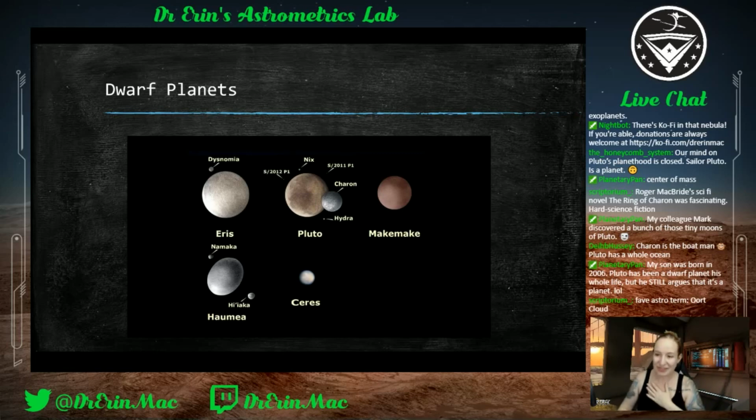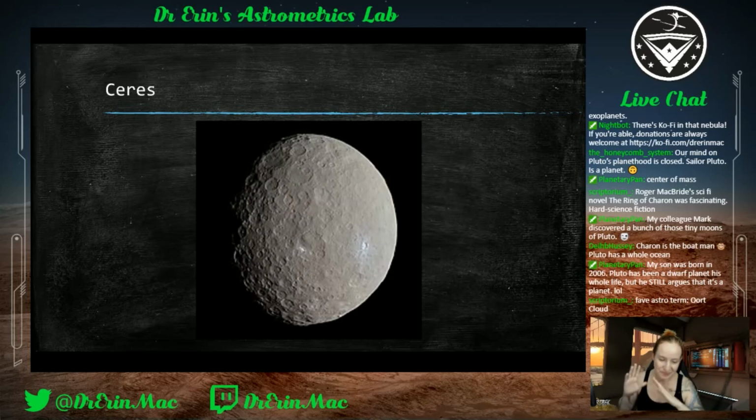My personal favorite is Ceres. Ceres is a dwarf planet because of this classification. It's a dwarf planet that is within the asteroid belt, so it's between Mars and Jupiter. It was visited by the Dawn spacecraft, got these cool images on it that everyone went, what? Because you started to see these bright parts here.